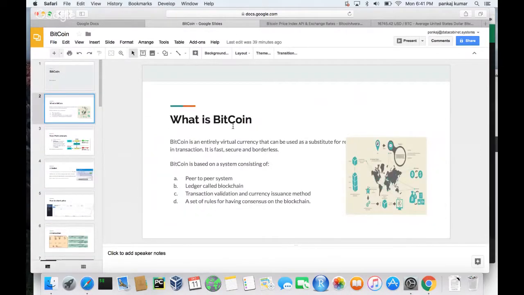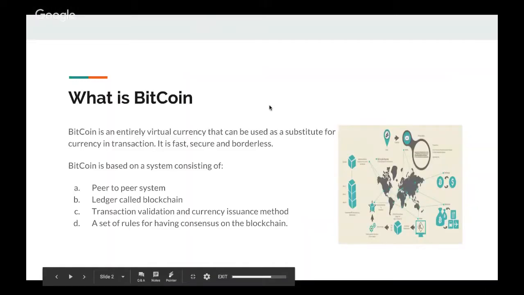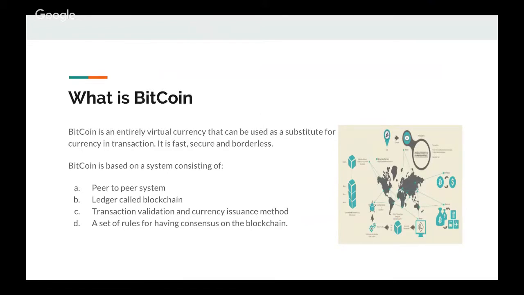So what is Bitcoin? Bitcoin is a virtual currency that can be used in transactions just like regular currency, and it is totally virtual. It doesn't have a paper backing, and it is fast and secure, and there are no countries involved. So it's not just a currency, but it's also a system, and it consists of a